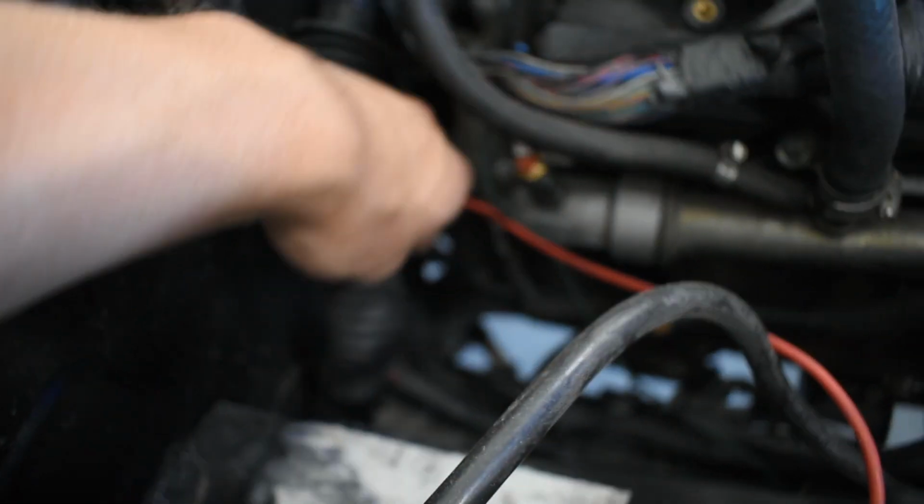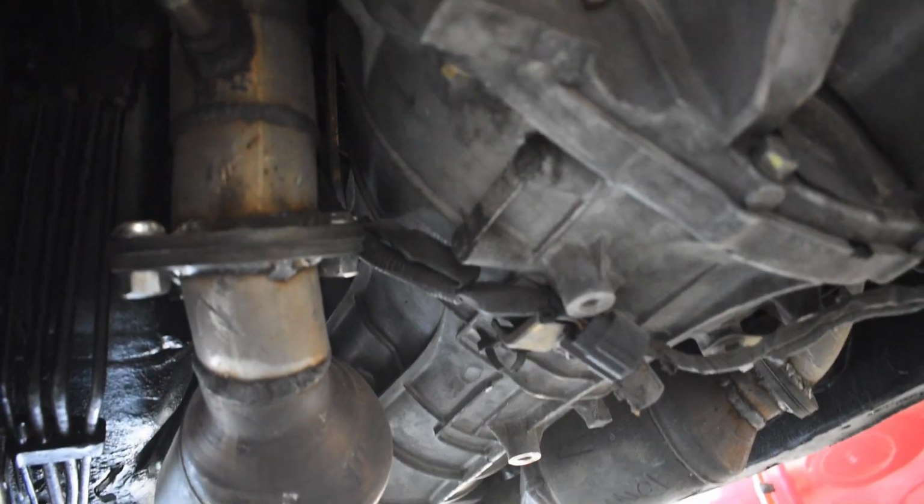Oh wow, we really can't see on this side. Yeah, there's the O2 sensor. Wow. No focus? No focus. Okay, you don't get to see. I'm sorry. It is. Okay, so under the passenger side here, you can see